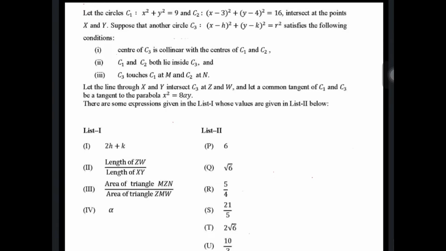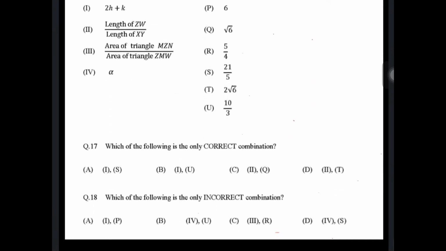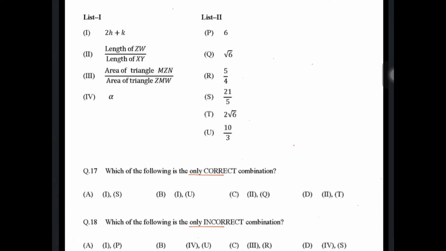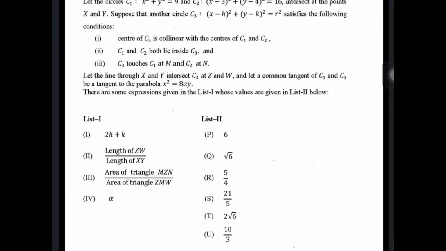It's a paragraph type question where a paragraph has been given to you, and then these two questions have been asked, out of which only one is correct, and we have to find the only correct combination in the first one and the only incorrect combination in the second one. So the essence of the question is to match 1 2 3 4 with P Q R S T